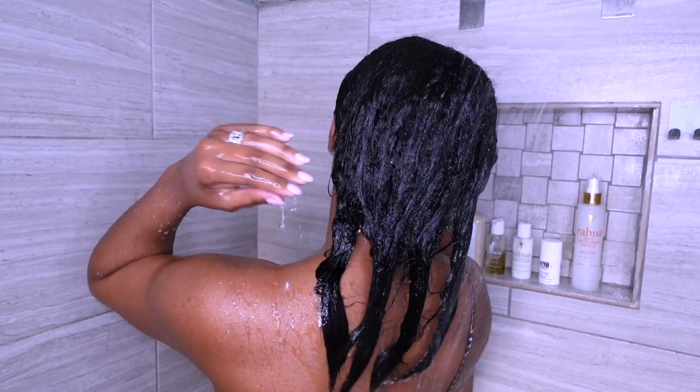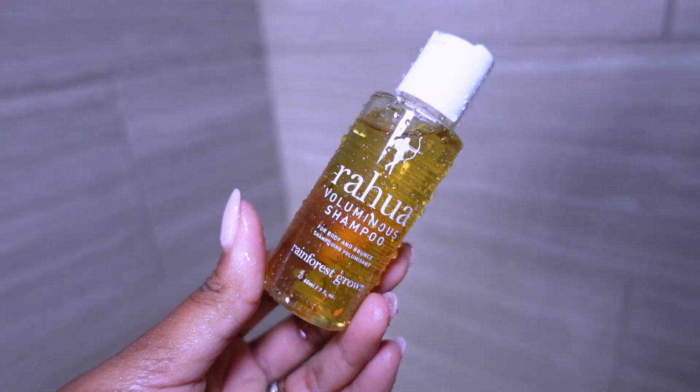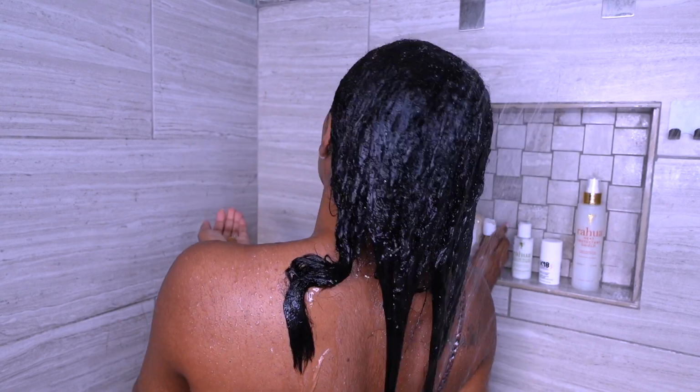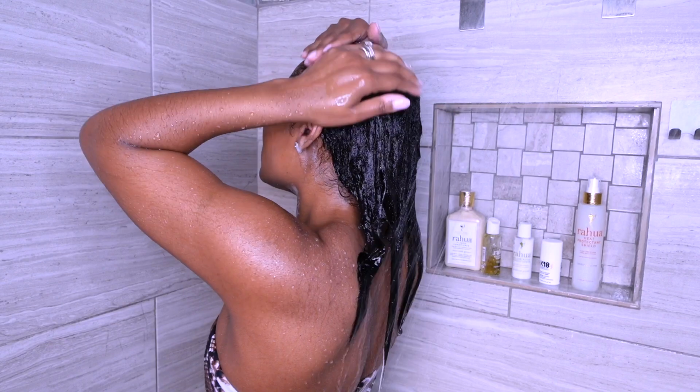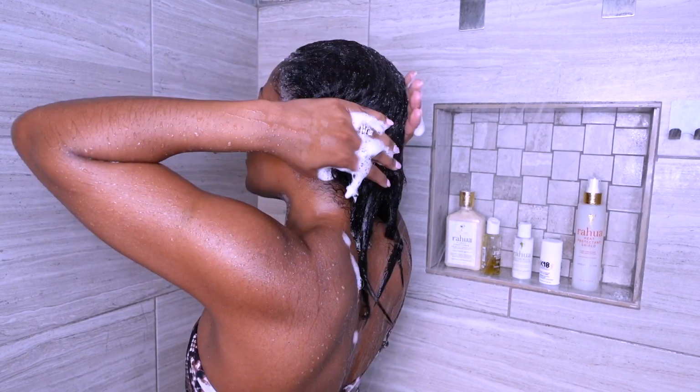We're going to start by using the Rahua Voluminous Shampoo. This shampoo strengthens, clarifies, and nourishes your hair while delivering noticeable volume and body. Since my hair is fine and I just got my relaxer, I always tend to gravitate towards volume shampoos just